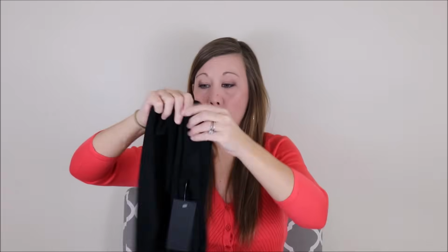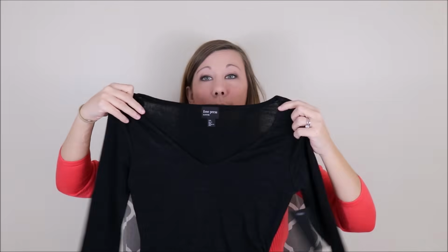It is 3/4 sleeve, V-neck, and it has ruching on the side here. I don't know if you'll be able to see that in the camera, but it has ruching in the side here. Both this and the blouse are extra small, so hopefully that will fit. I mean, you guys have seen so many extra smalls on me that were too big, so hopefully this will